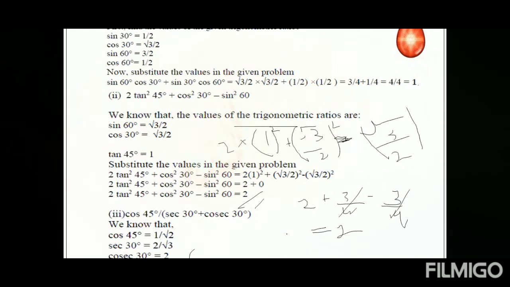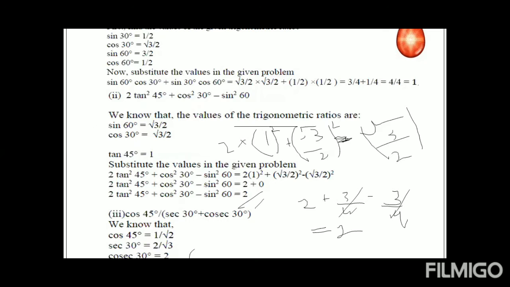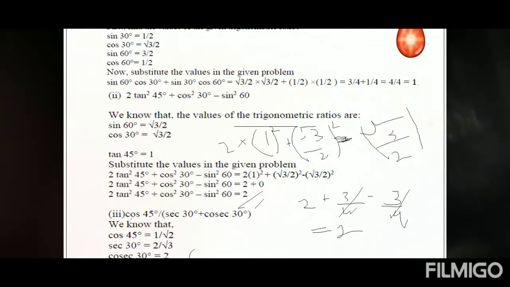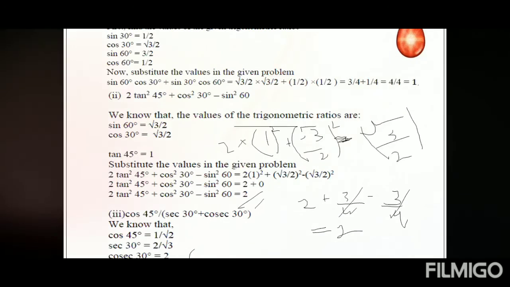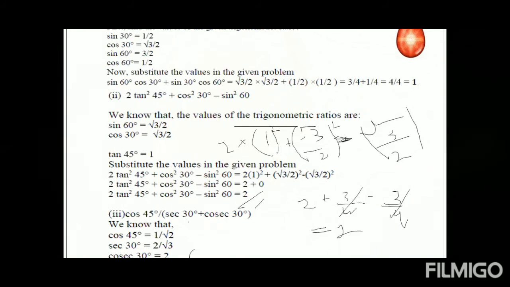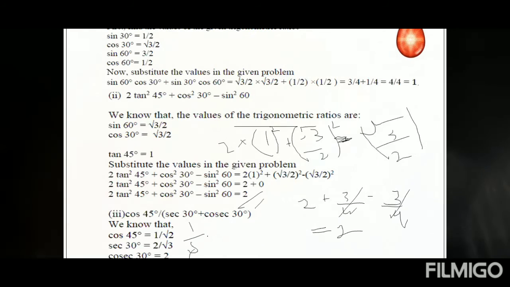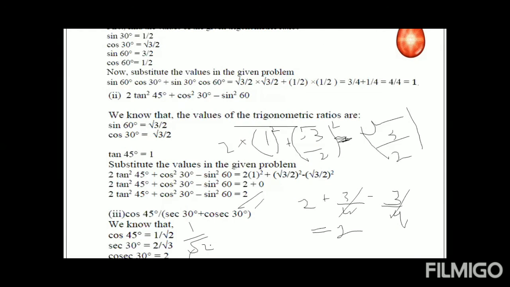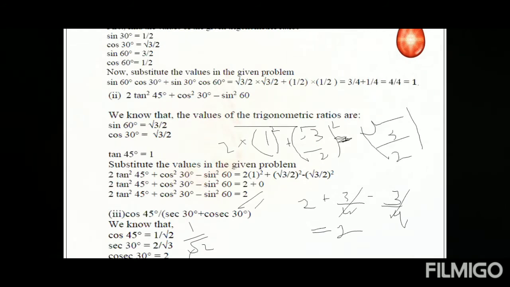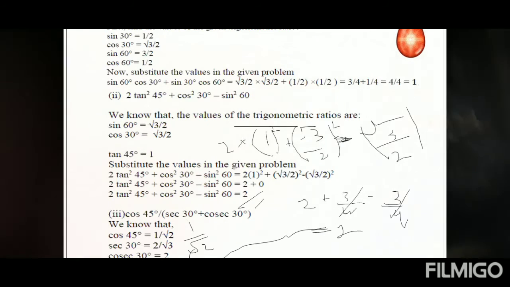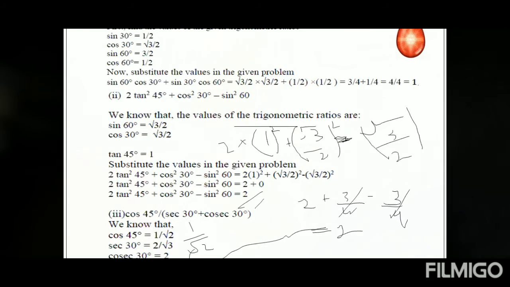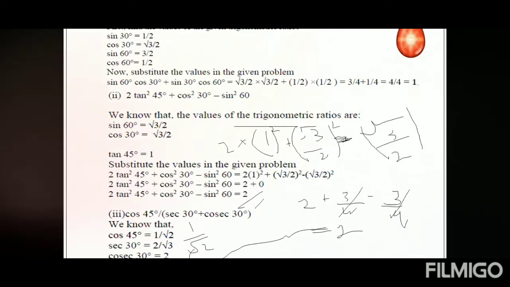Okay, now let's move on to the third question. Cos 45 degree by secant 30 degree plus cosecant 30 degree. So what is cos 45? Cos 45 is 1 by root 2, right? Cos 45 is 1 by root 2 divided by secant 30. What is secant 30? Secant 30 is 2 by root 3